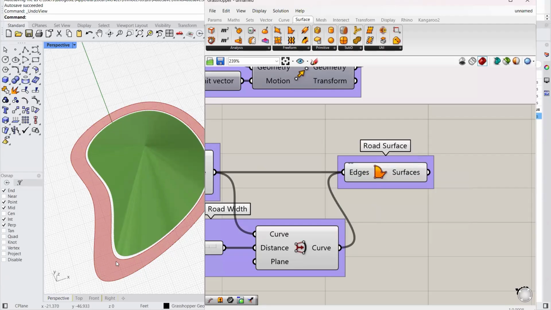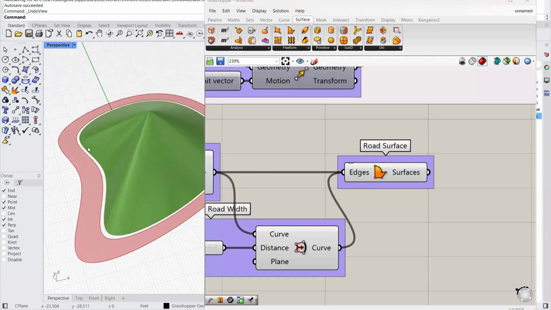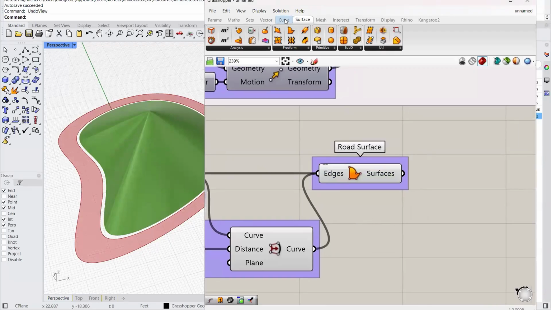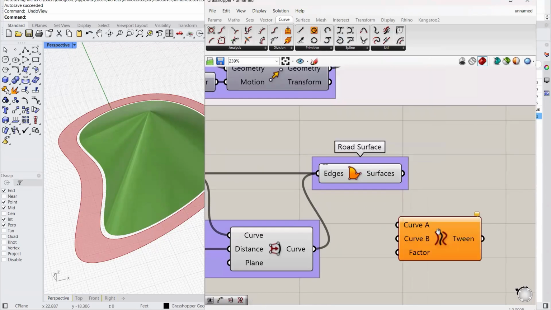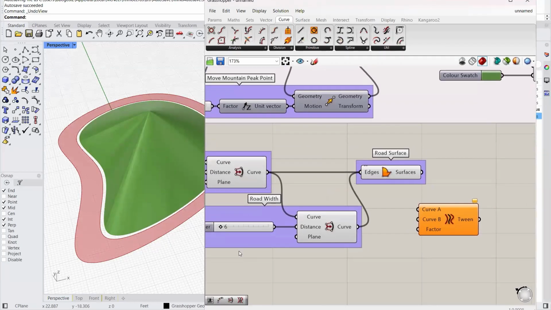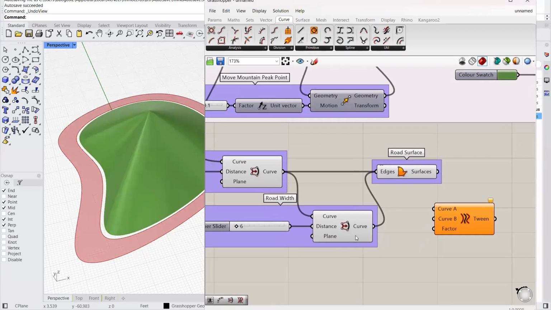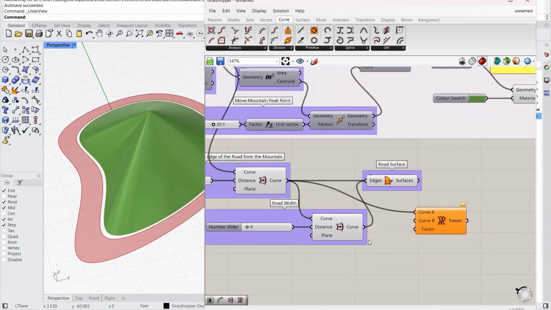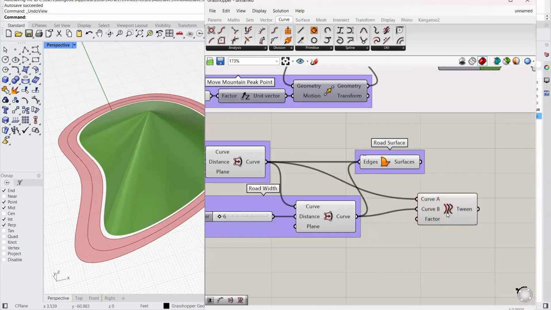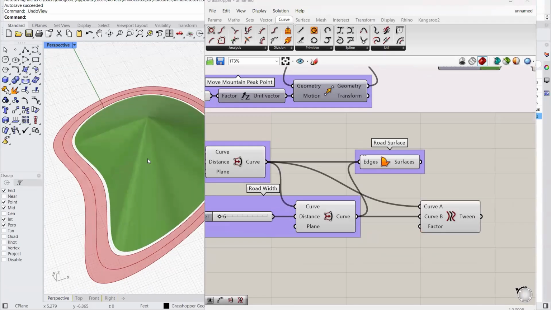So next thing we're going to get a mean curve, or the average curve. That can be, let's say, the midway between. So we're going to go to our surface, our curve under spline, and we're going to look for a component called Tween Curve. Tween Curve or mean curve gives you the average, right? So the first curve that we want to use is basically the offset curve. So connect that as curve A, then connect the second one as curve B,